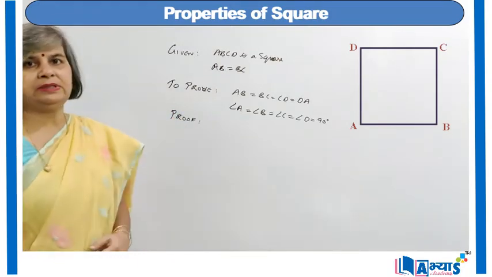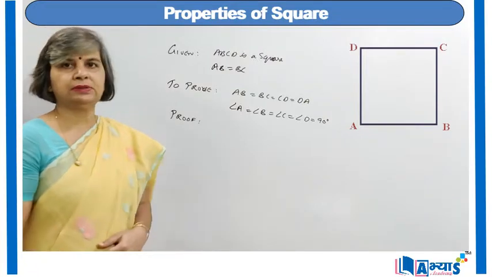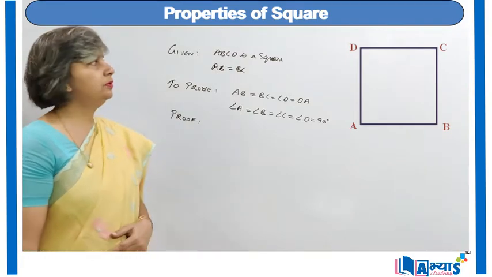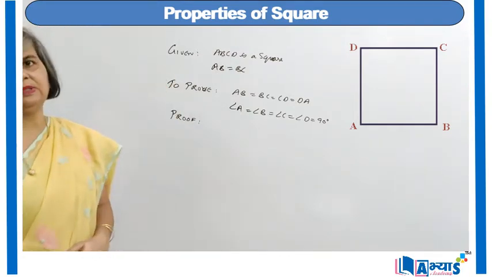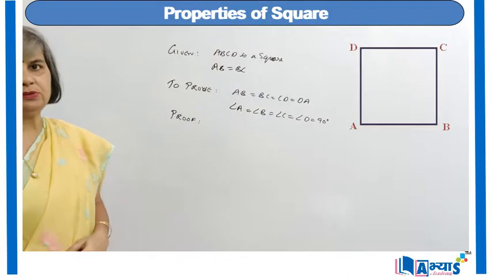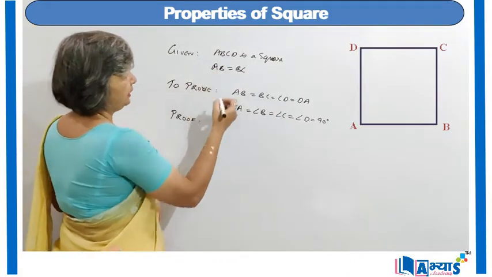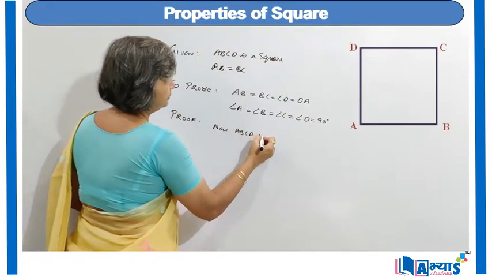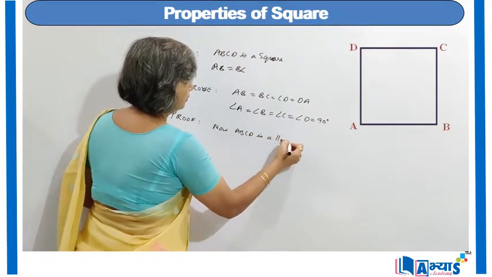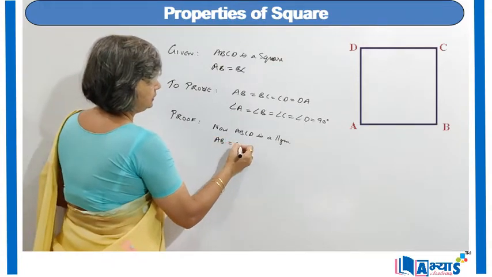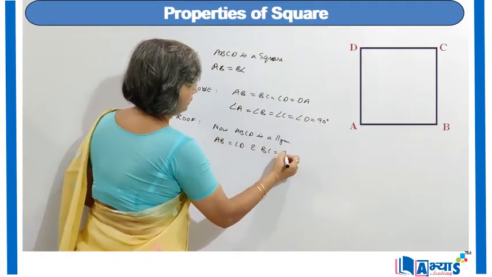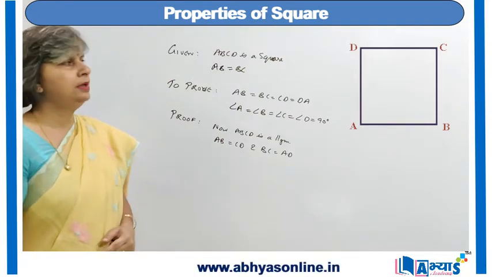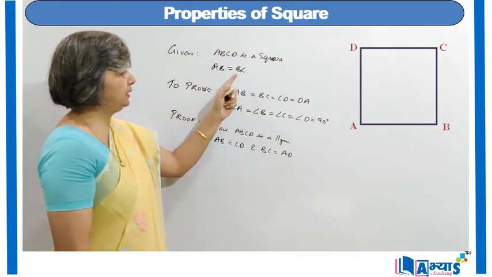as we know that ABCD is a square and every square is a parallelogram, because a square is a special type of parallelogram. So as it has been given to us that ABCD is a square, ABCD is also a parallelogram, and as ABCD is a parallelogram, AB is equal to CD and BC is equal to AD, because in the case of a parallelogram, opposite sides are equal. But it has been given to us that AB is equal to BC.